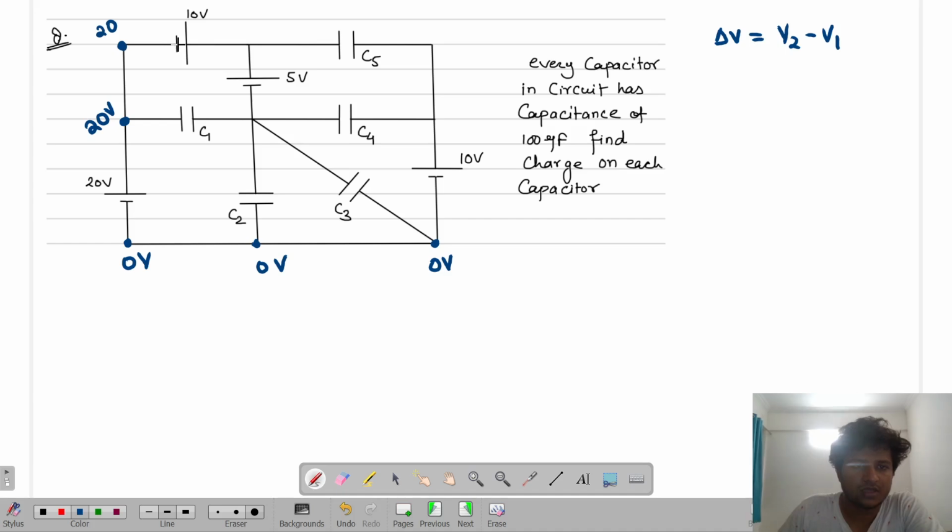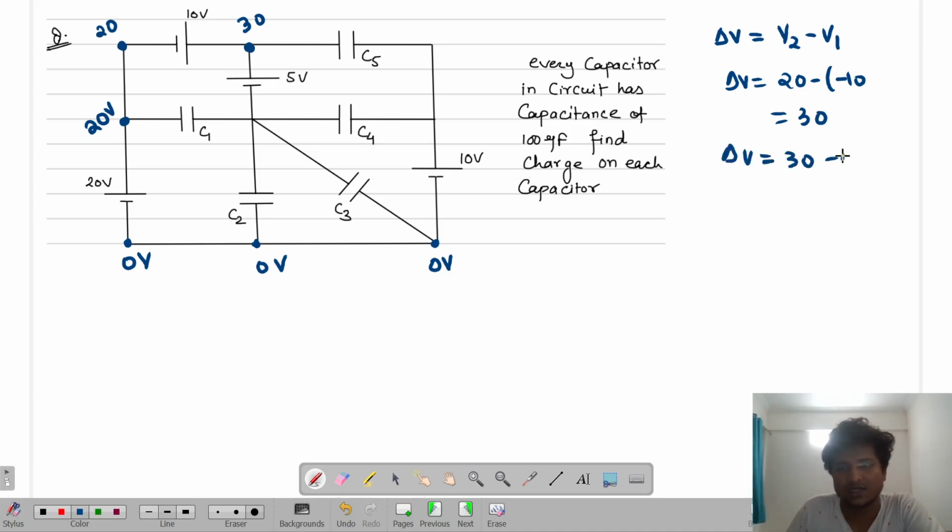So look over here. When I go on going, first I found which one? Negative. So that means it is minus 10 or not? So net change in potential will be 20 minus of minus 10, which is 30. So here I'll get 30. Got it or not? Then you got first as positive plate. This is 5 volts or not? So delta V is 30 minus 5, which is 25. So this terminal is 25. Got it or not?